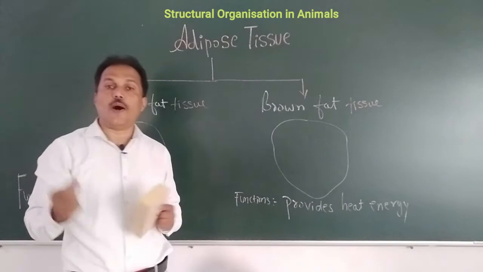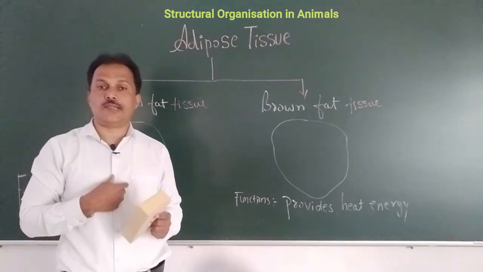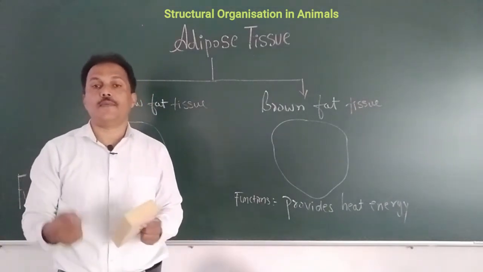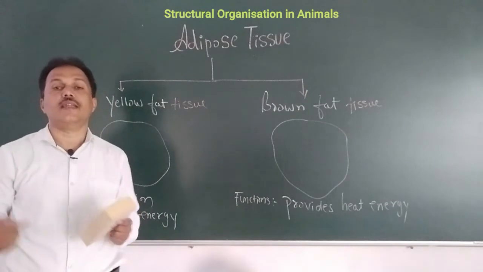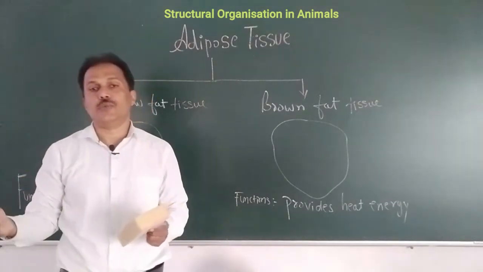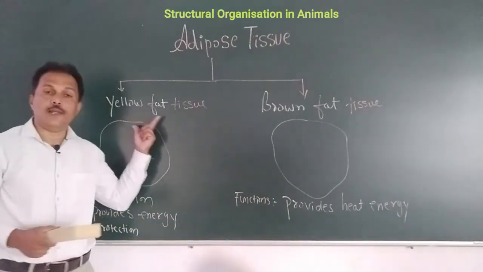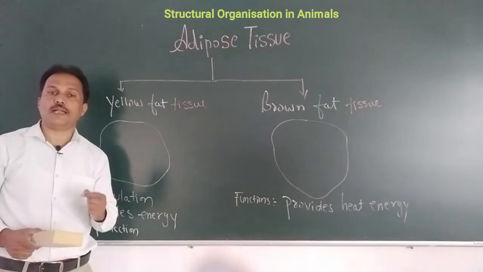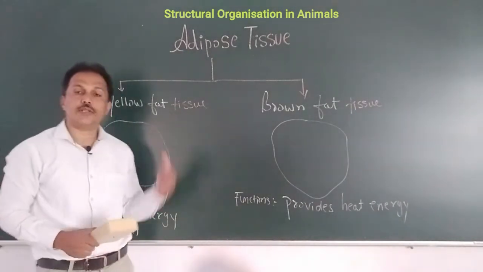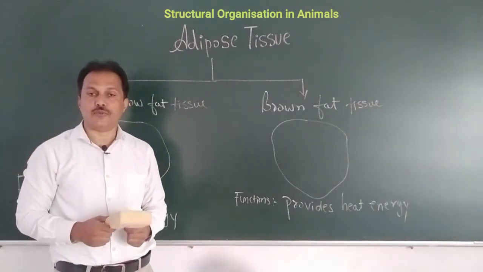It is also found around the organs, for example around the stomach you will find yellow fat, surrounding the intestine you will find yellow fat, surrounding the kidney you will find yellow fat, even in between the tissues also. Surrounding many organs you will find yellow fat, but most commonly it is found under the skin. So when we talk about the yellow fat and the brown fat, what is the difference that we are going to see here?